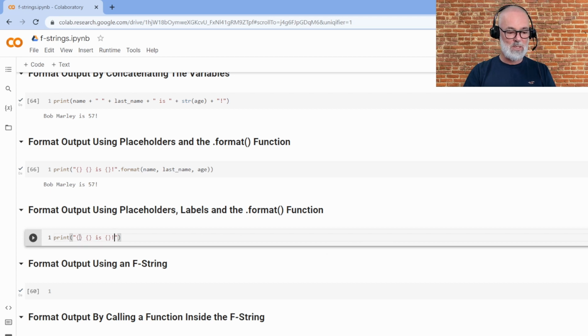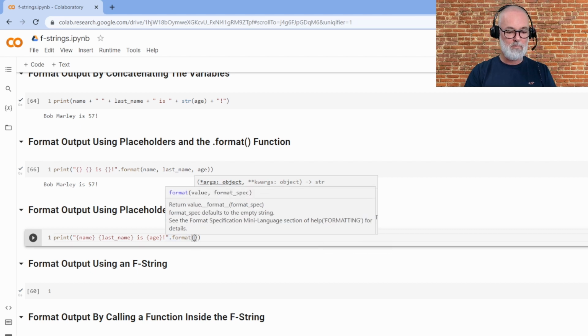The difference now is that inside each bracket, I'm going to write a label to mark that placeholder, to indicate what kind of data it is going to hold. So I'm going to call it name. This is not a variable name. This is just like a label. Name, last name, age. Right after the quotation mark, I'm going to do dot format, open parentheses,